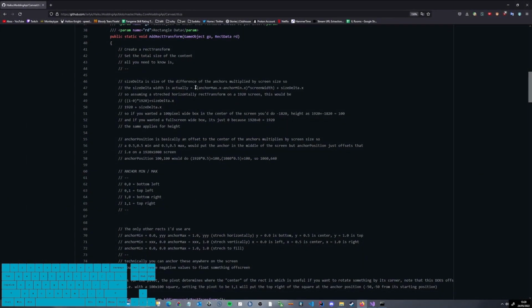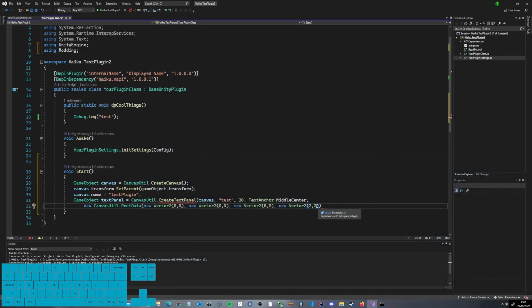Also, you have the actual formula for it. We just have anchor max minus anchor min times screen width. So as I said, screen width is divided by 2, so you have to take that into account. But we have 2 minus 0 is 2, and then 2 divided by 2 is 1, so we have just the screen width. So by that logic, this should place us at the screen width and the screen height, because 2 minus 0 is 2, and what I just said, for both height and width.